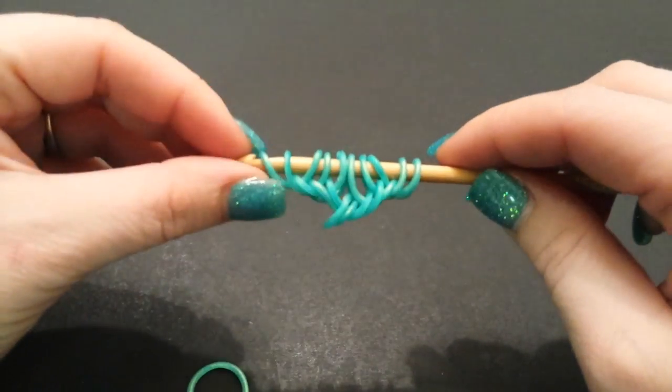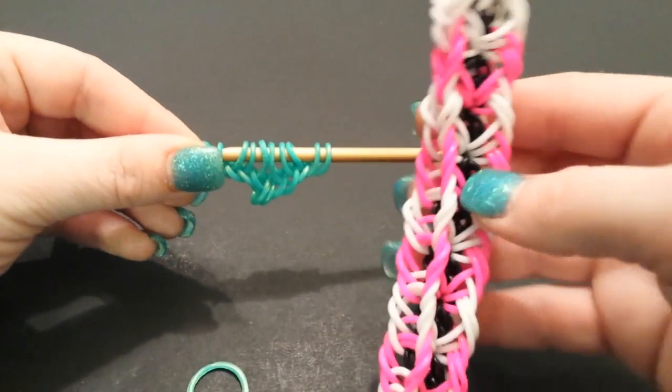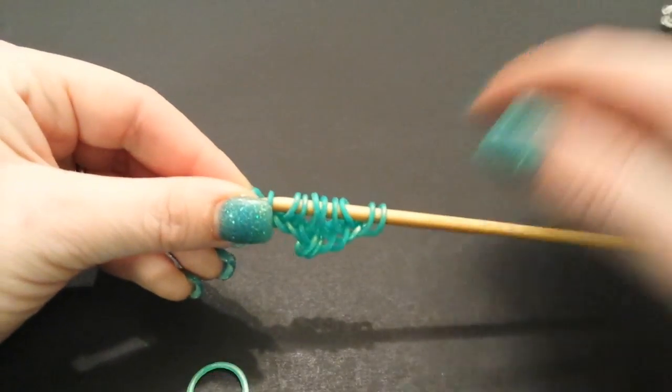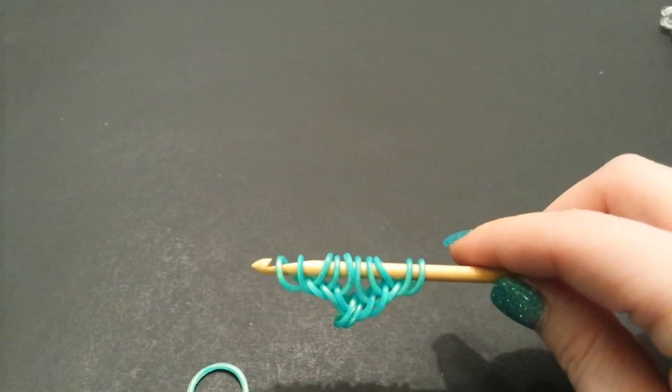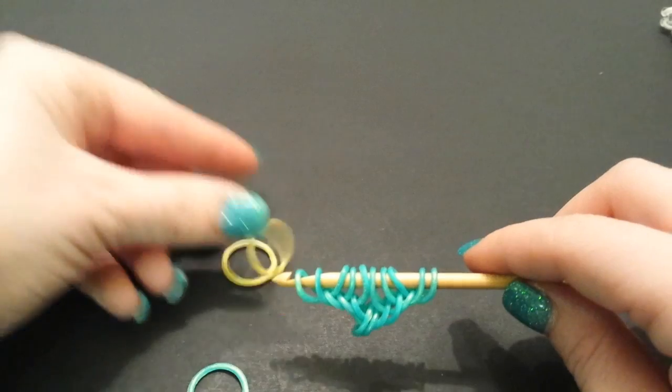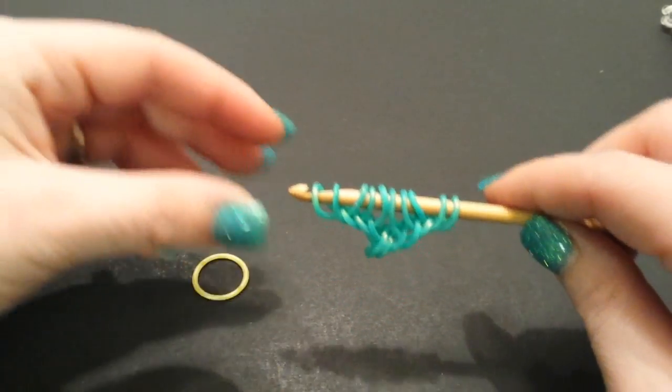So now we need to figure out whatever color band you want on the inside of your bracelet. I used black on this one. So you want to have 2 of those ready. I'm going to use, I think it's called, I don't know, but it looks gold to me. So what we're going to do is we're going to remove